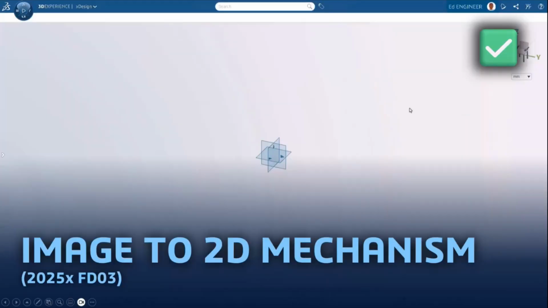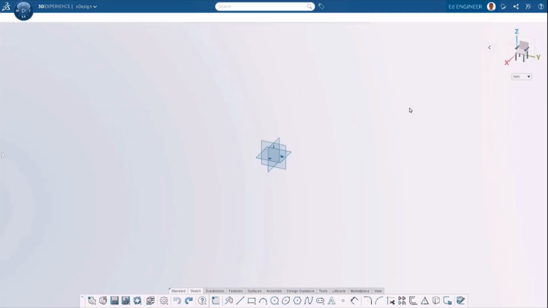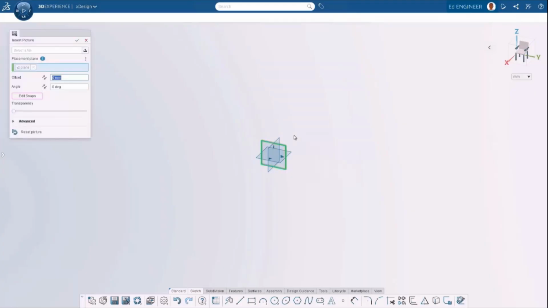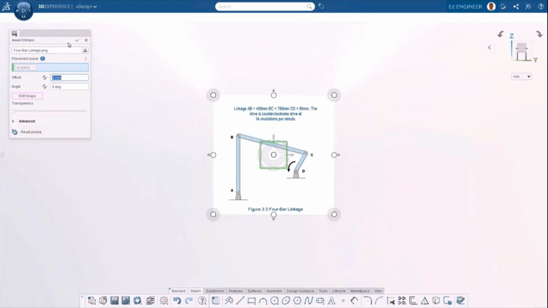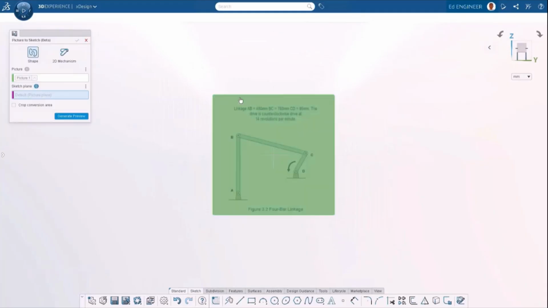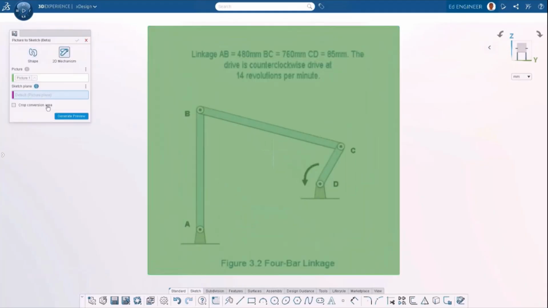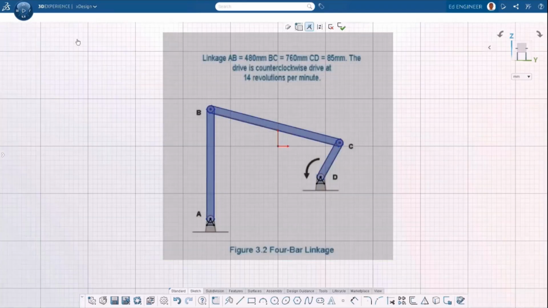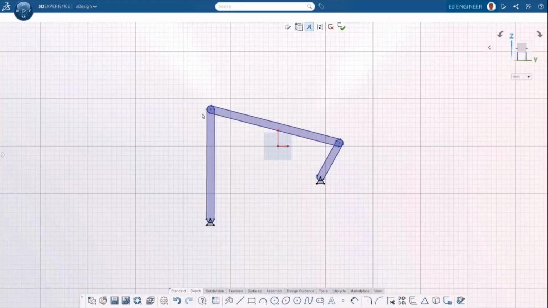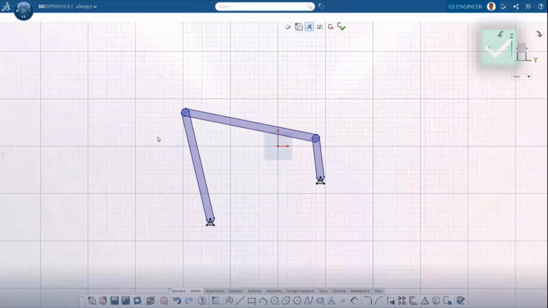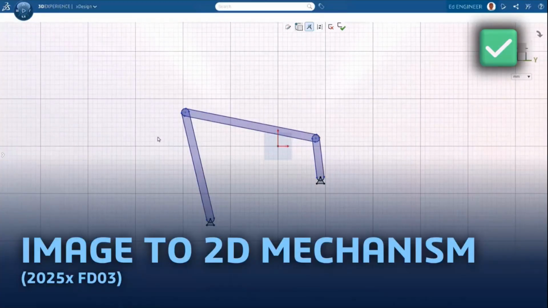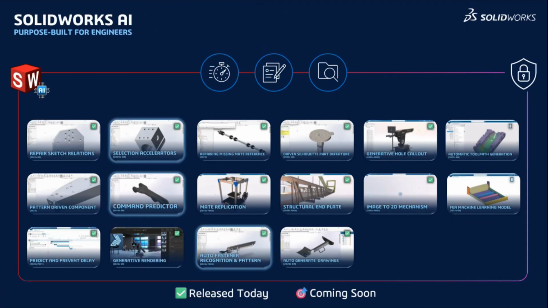Let's talk about the image to 2D mechanism. Whoever has worked with xDesign, which is also recently part of the 3D Experience SolidWorks, can import an image here. The new 2D mechanism option is a picture to sketch. It recognizes linkages, anchors, rollers, hinges, sliders, and other elements, and automatically applies the right constraints. Not only will it generate the sketch from the image, but it will also apply the constraints for you. As you can see in the video, I can move a point and it will automatically move the other parts or other sketches. So now you can import the image with the constraints. I say the image to 2D mechanism, not 3D, because we need to add the material there.